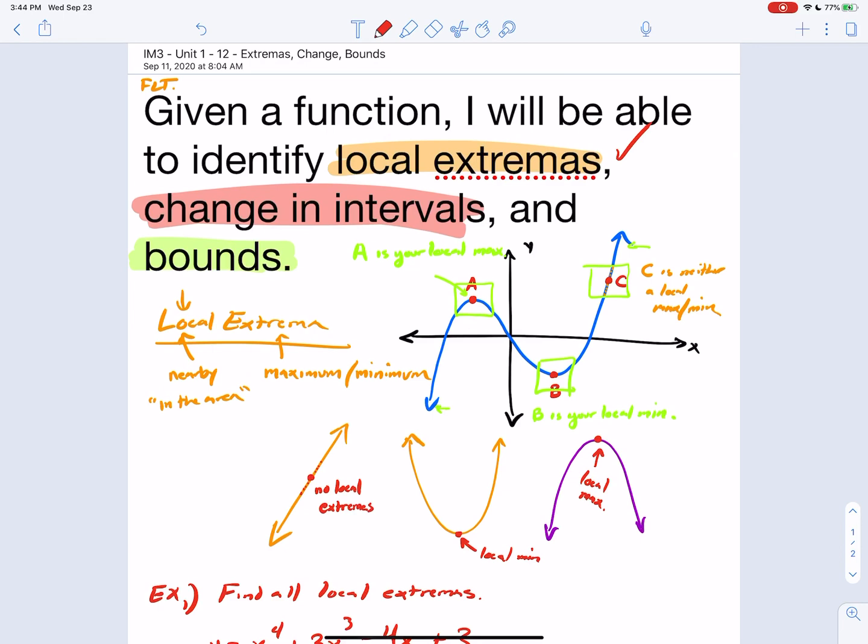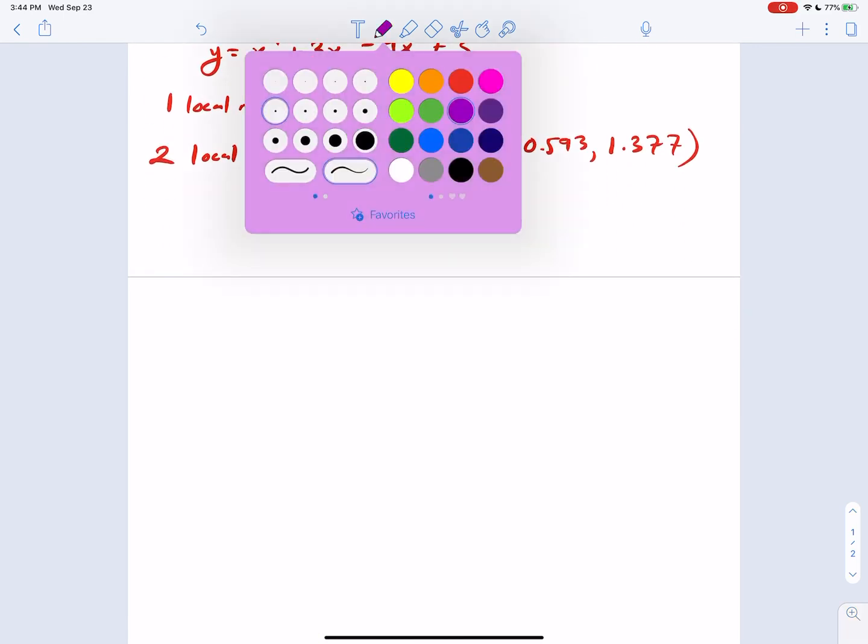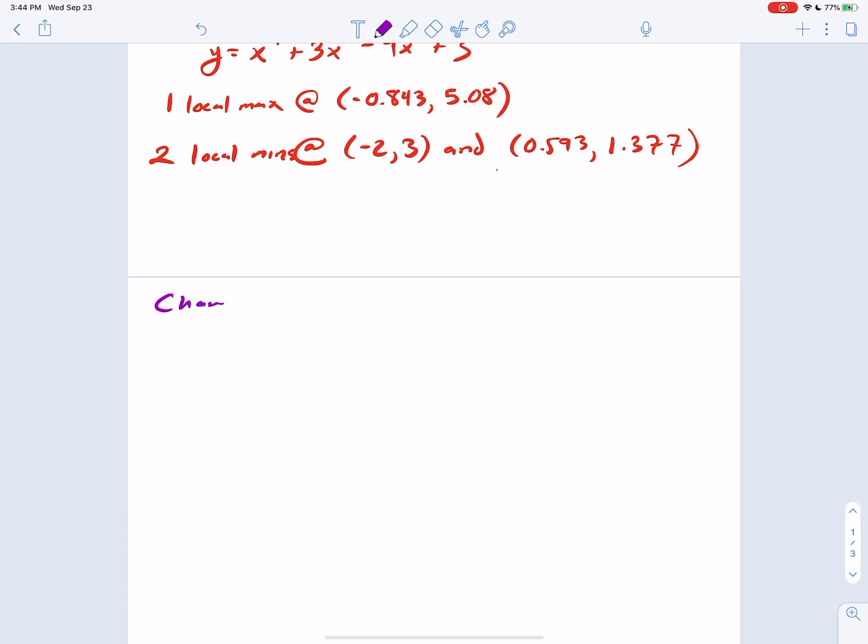Okay, let's talk about change in intervals now, okay? So these are all relatively simple concepts to understand, okay? Change in intervals. My writing is amazing. Change in intervals, okay? So basically, this is what you're talking about, okay? When you're given a graph, you need to describe it in 3 different ways. The graph can either increase,